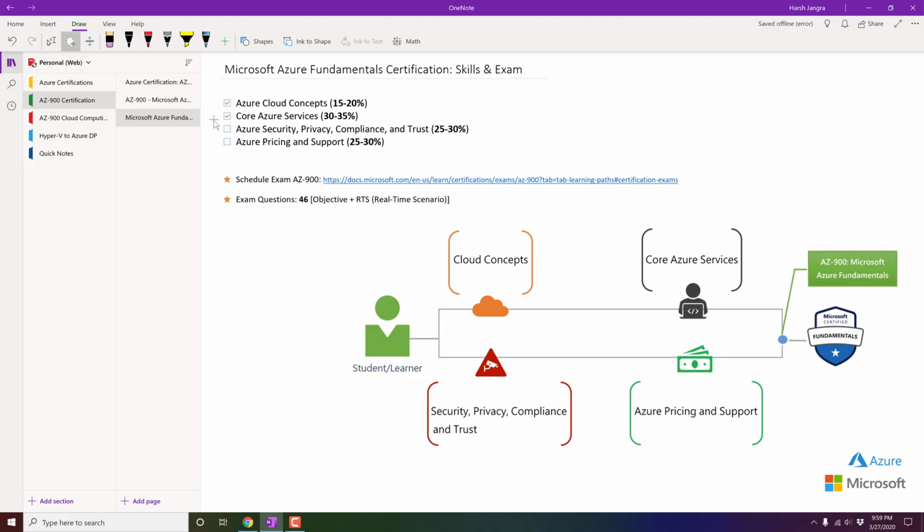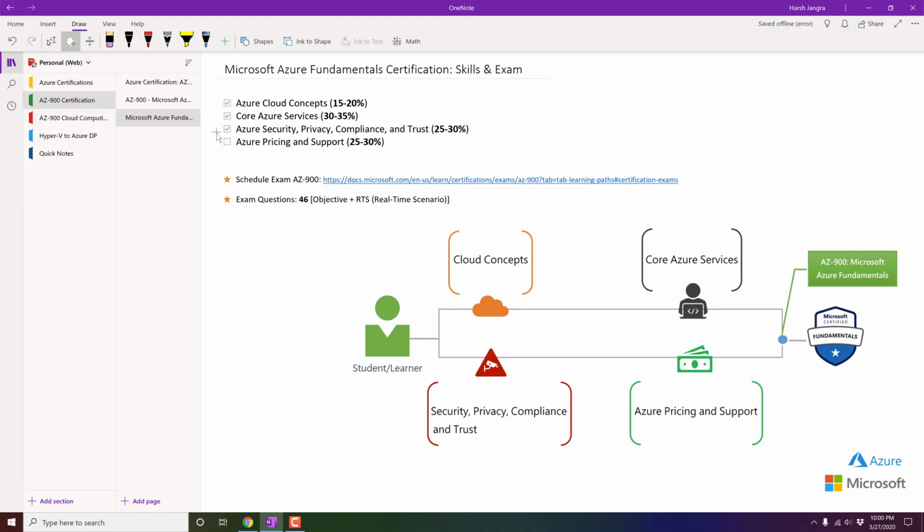Once you know how you can deploy all of your infrastructure services, the next one is about Azure security, privacy, compliance, and trust. It covers the most important part, because once you deploy your virtual machine in a cloud environment, everything is directly connected to the internet. You need to protect your workloads, servers, and infrastructure.